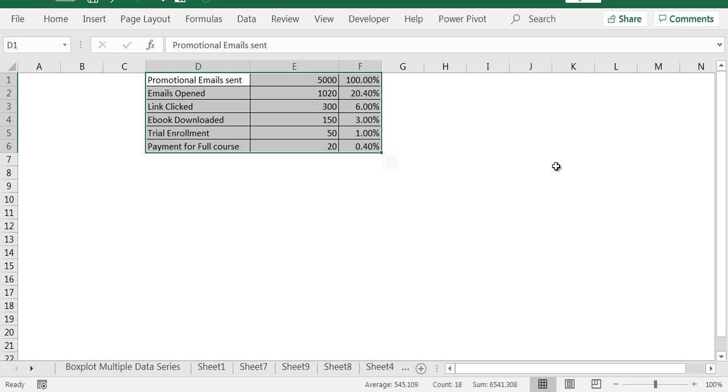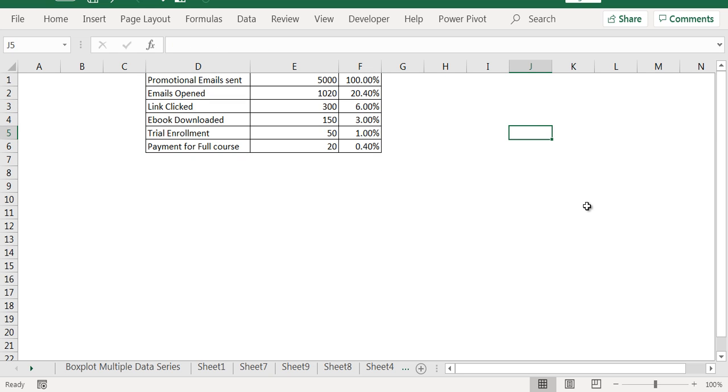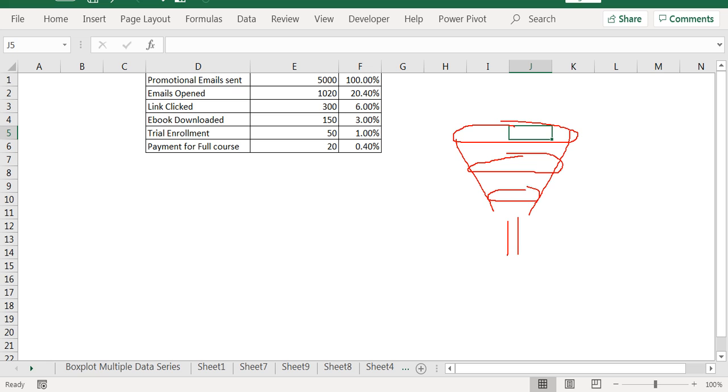So in this video, we will understand what is funnel chart. Typically, a funnel chart is used in the marketing context wherein you have a funnel of data. So think about it, you have a sales campaign wherein you have sent email to lot of people. Out of this, maybe some people will open, out of that some people will click, then some people will take action of buying the product.